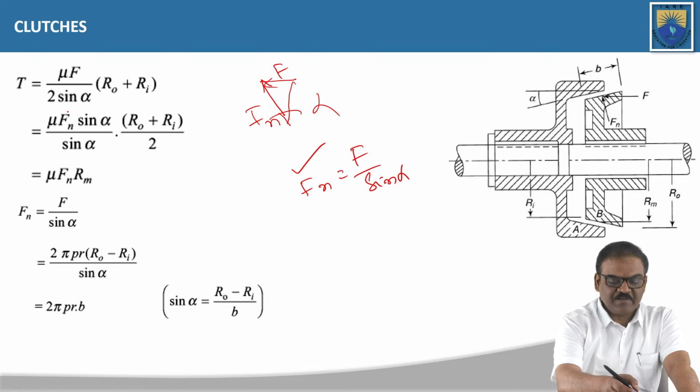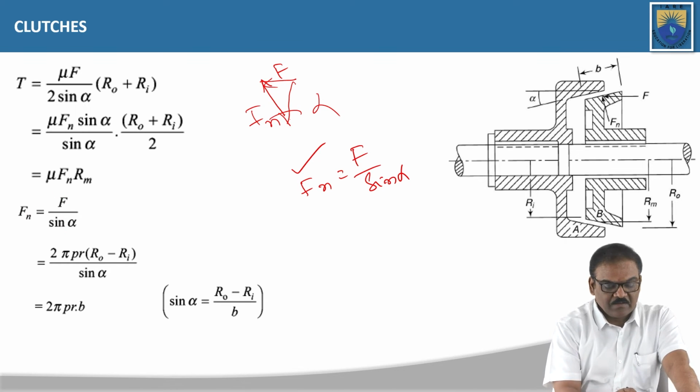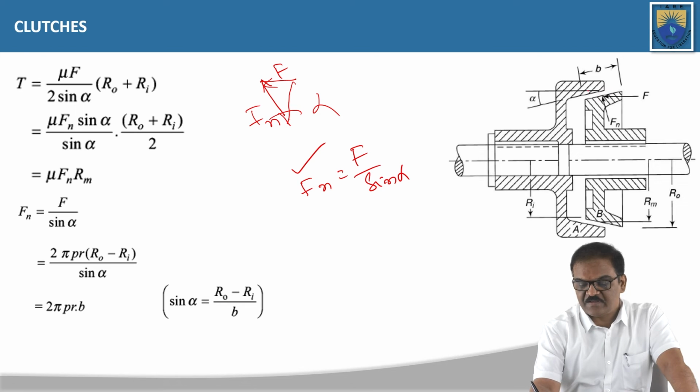Therefore, mu Fn into sin alpha by sin alpha R naught plus Ri, that is mu Fn R mean, where Fn is equal to F by sin alpha. And we can also write this as F is equal to 2 pi PR, R outer minus R inner, by sin alpha. Therefore, sin alpha is equal to, if you consider here, this is the B,